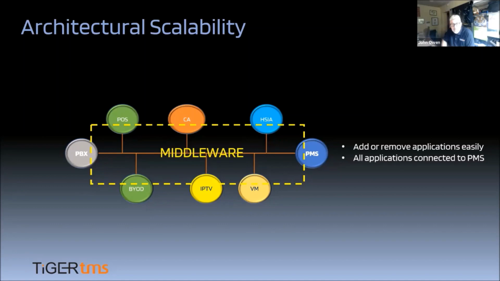This saves money in terms of the number of interfaces supported and paid for to the PMS company, but each application is connected to it. And it's now easy to add or remove applications because you are writing the interface to the middleware, you're not writing the interface to the PMS. And middleware companies are specialists in doing this and can provide new interfaces for new applications within a matter of weeks rather than the months and years that perhaps it took in the past.